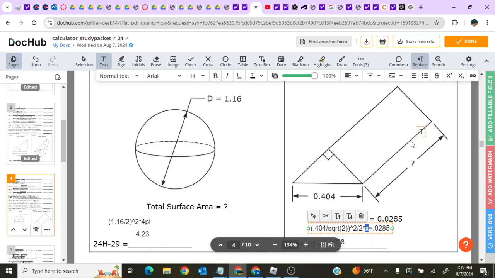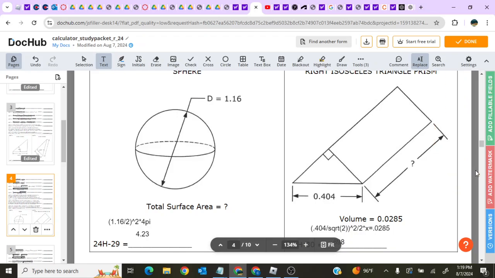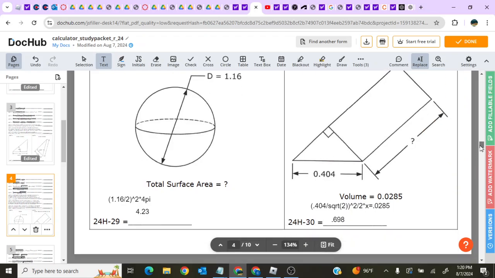Multiply by your unknown length, or whatever you want to call it. That'll get you a volume of 0.0285. With that, you get a value of